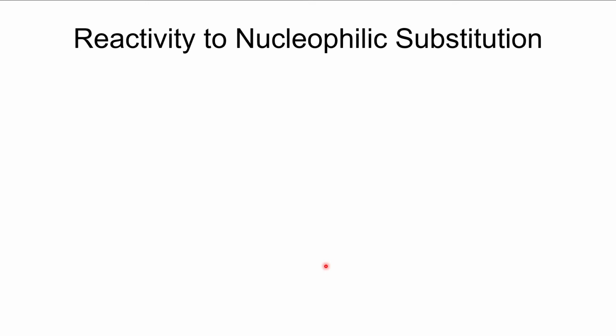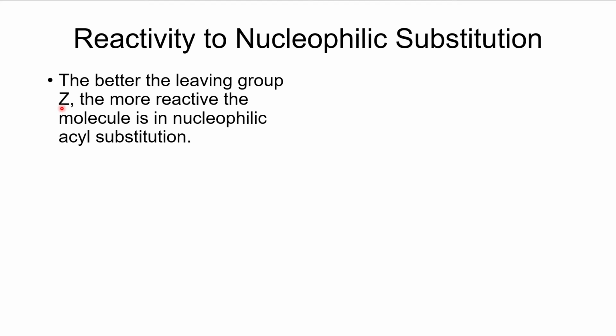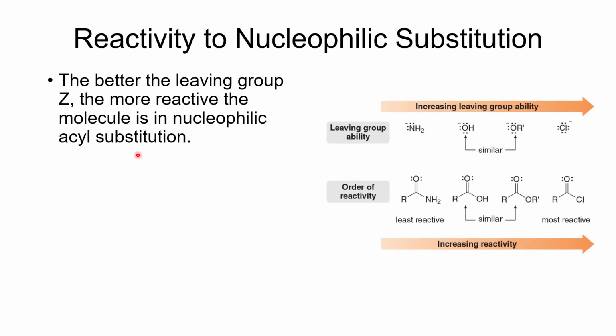We'll find that the reactivity to nucleophilic substitution is going to depend on how good of a leaving group it is. So the better the leaving group is, the more reactive that particular compound is to substitution. So if we look at this reactivity chart here, we'll find that the least reactive is going to be the amides. And the reason for that is that our leaving group would have to be NH2 minus. Well, NH2 minus is a very poor leaving group. It's very difficult to make that as a leaving group. Now, there's some tricks we can use to get around that if we really want to, but it's a very